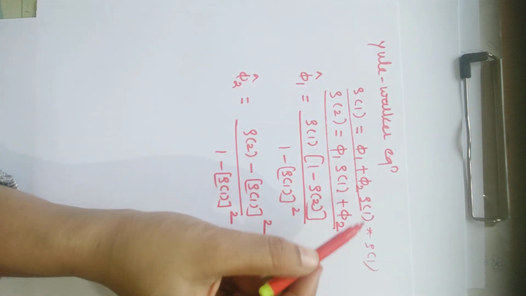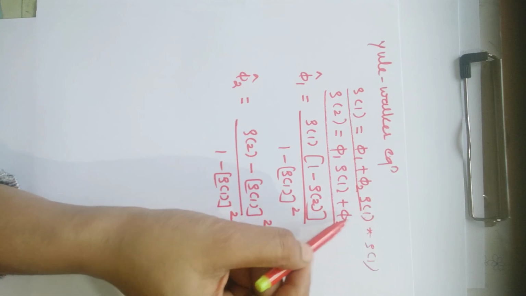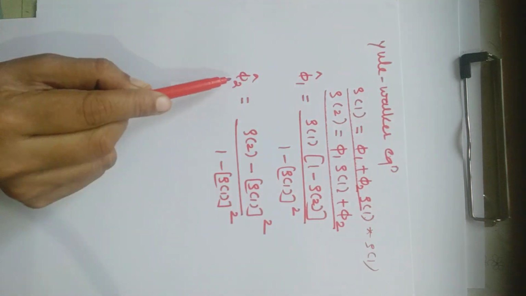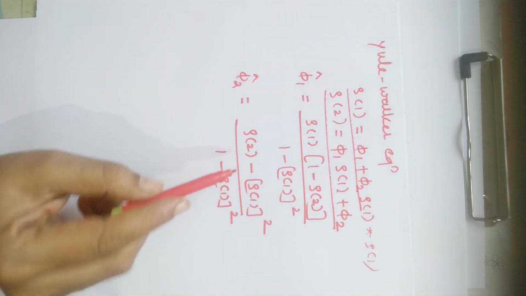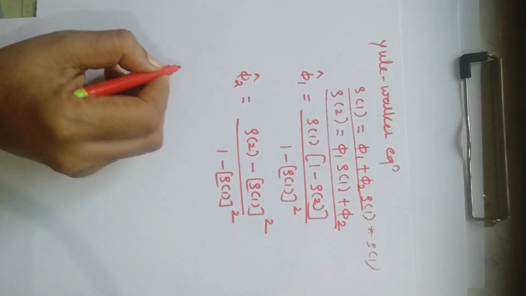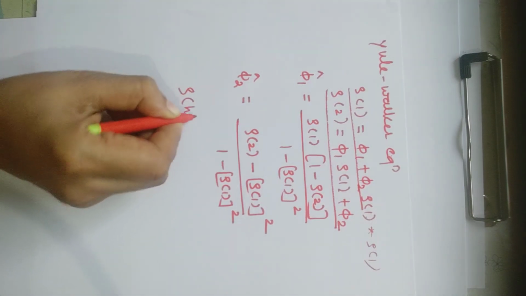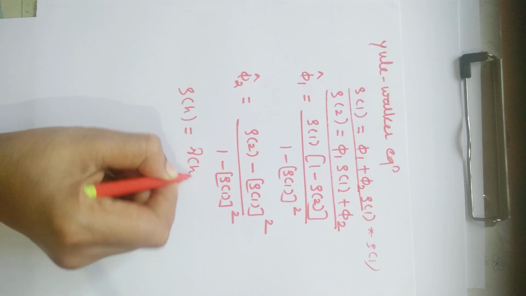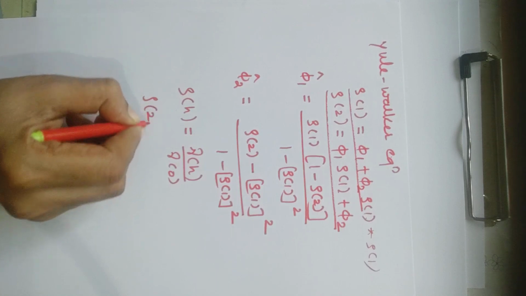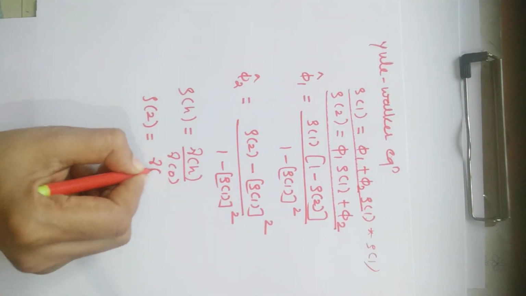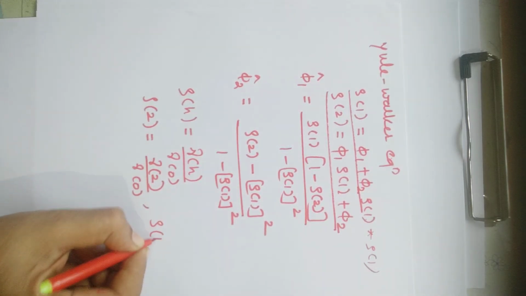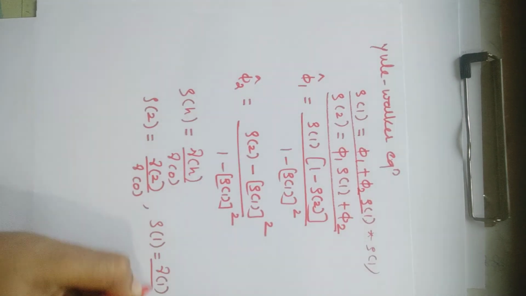I have given these earlier as equation 2 and equation 4. So solving for phi 1 and phi 2, we have phi 1 in terms of rho of 1 and rho of 2, and phi 2 also in terms of rho of 1 and rho of 2. These rho of 1 and rho of 2 are nothing but the autocorrelation functions, and the autocorrelation function is given by, as we discussed earlier, rho of h is equal to gamma h upon gamma naught. To find rho of 2, we put h equal to 2, so rho of 2 is gamma of 2 upon gamma naught, and to find rho of 1, put h equal to 1, so rho of 1 is gamma 1 upon gamma naught.